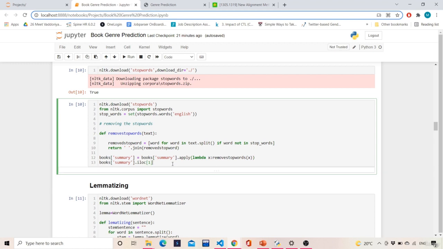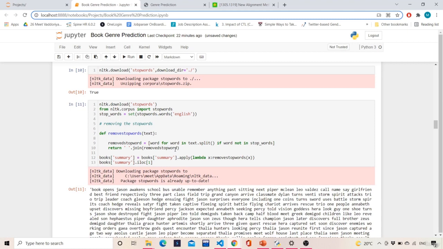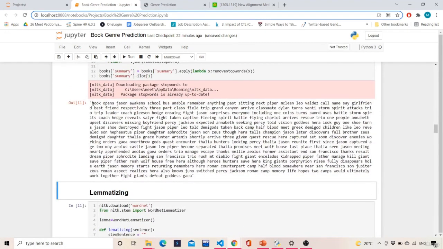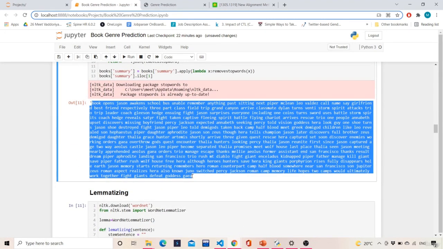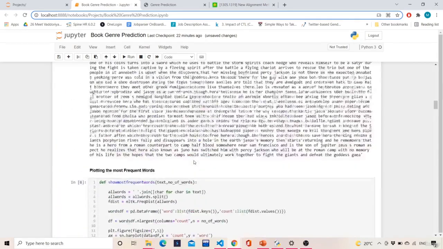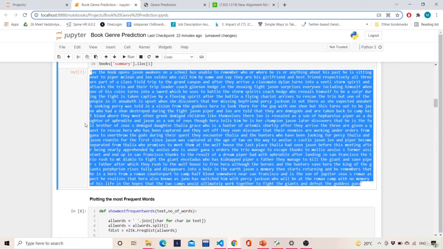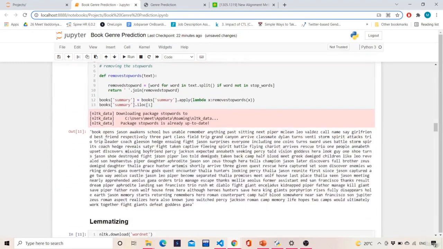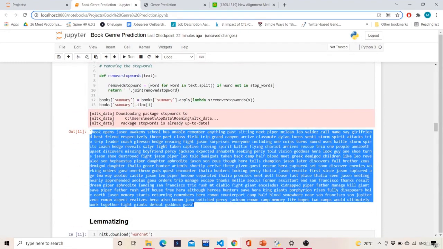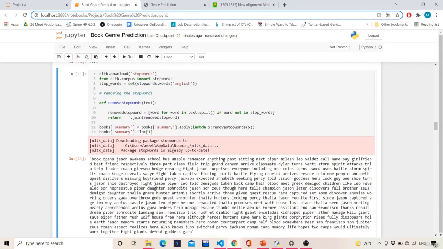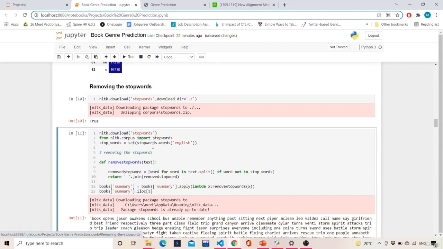Now books of summary dot iloc of 1, just in order to check whether it is working fine or not. Yeah, we can see over here all the stop words were removed, because the length of the sentence has been reduced. Over here the length of the sentence was huge, but over here it is comparatively less. So that means all the stop words have been successfully removed. We'll be using this method to remove all the stop words.